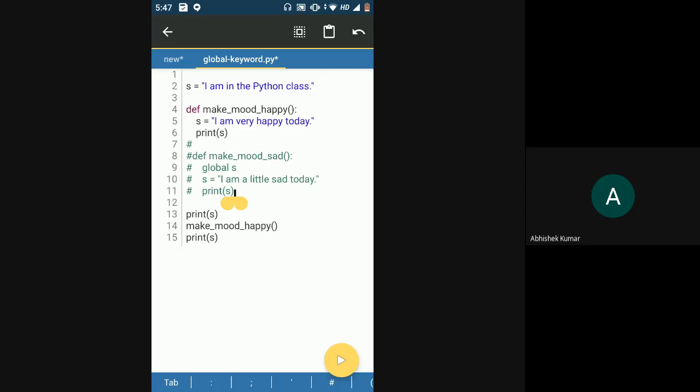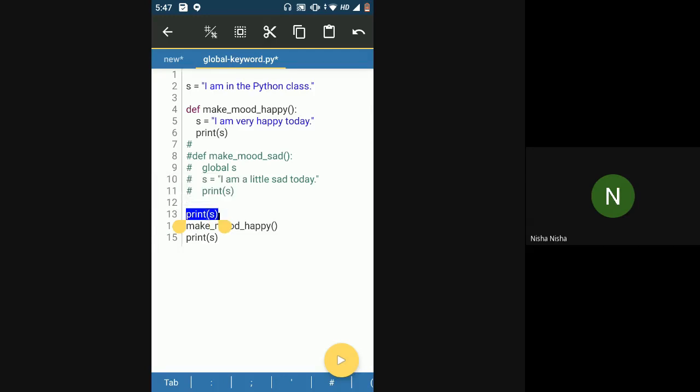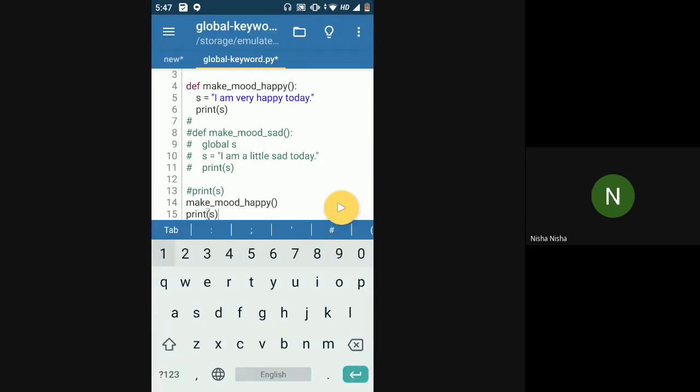Now, if I call this make_me_happy function, what should be the value displayed? Any guesses? I am very happy today. Yeah, right.